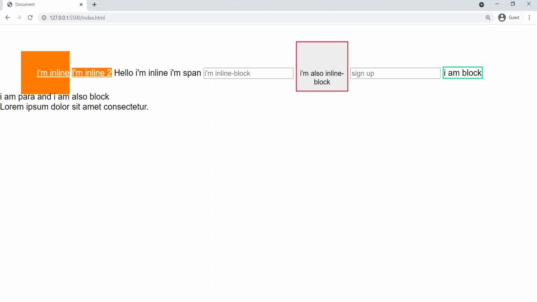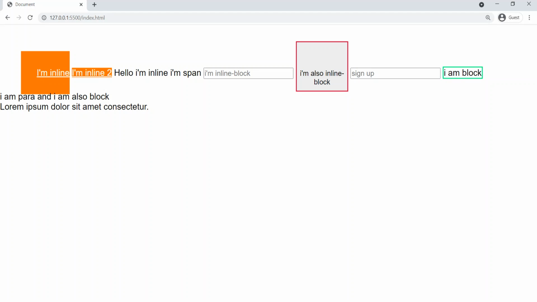Let's go to Google. So you can see guys, now that block element, instead of taking the entire space, it went to the above line and it just sat beside the sign up button. Okay, that means now that block element is converted into an inline element. That is why it is behaving as an inline element. So that's the reason it went to the top line and it sat beside the sign up button.